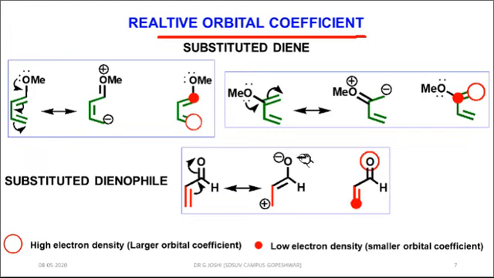Here, we can understand this by considering an electron releasing group at position 1 of the diene that will increase the electron density on the diene, since we know, as we have also discussed in part 8, that an electron donating group on the diene makes the diene more nucleophilic. Similarly, an electron withdrawing group on the dienophile makes the dienophile more electrophilic. As a result, the rate of the Diels-Alder reaction becomes faster.